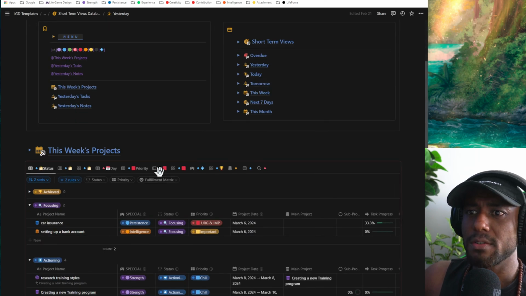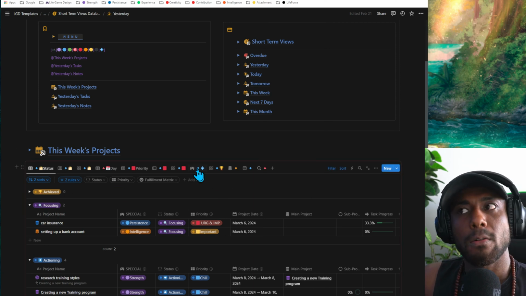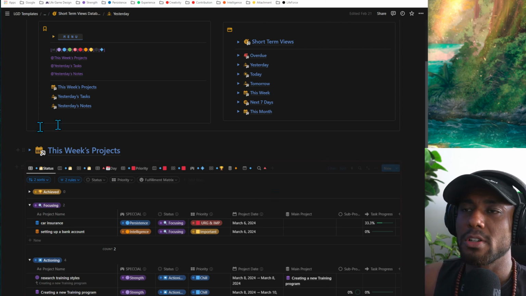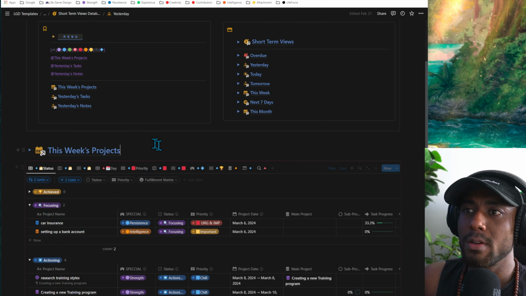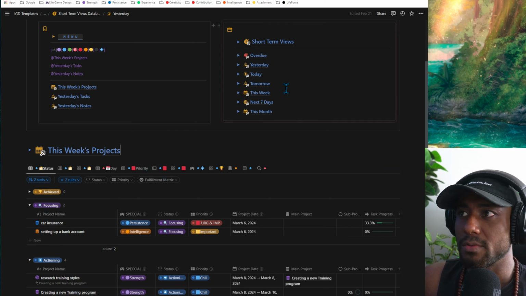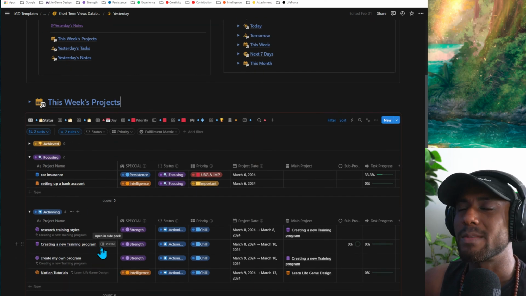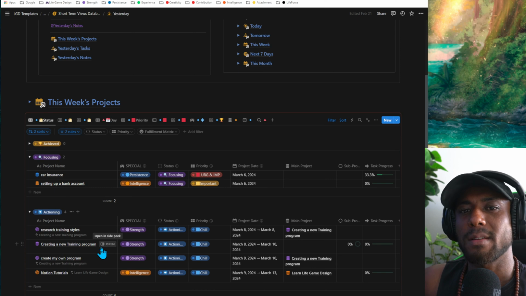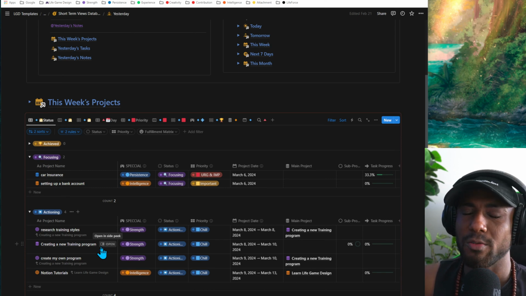So yesterday is going to show you a view of this week's projects. One thing that I intentionally did with the views up to this week, so yesterday, today, and tomorrow, is they will all show the same view for projects up until this week. It will show you the same view for this week's project. The reason why is because projects are something you're going to do on a week-to-week basis generally. They're going to be